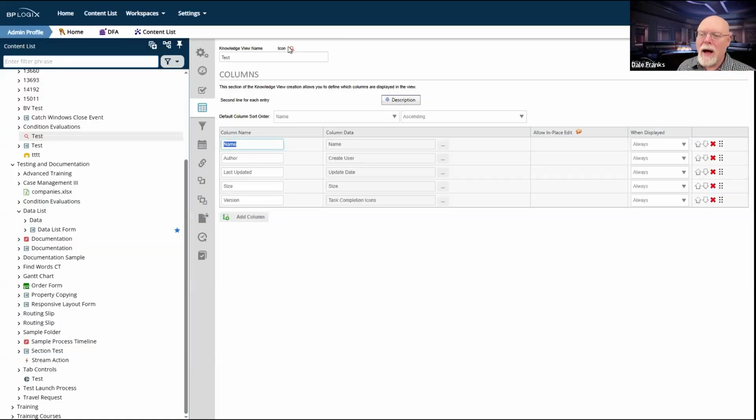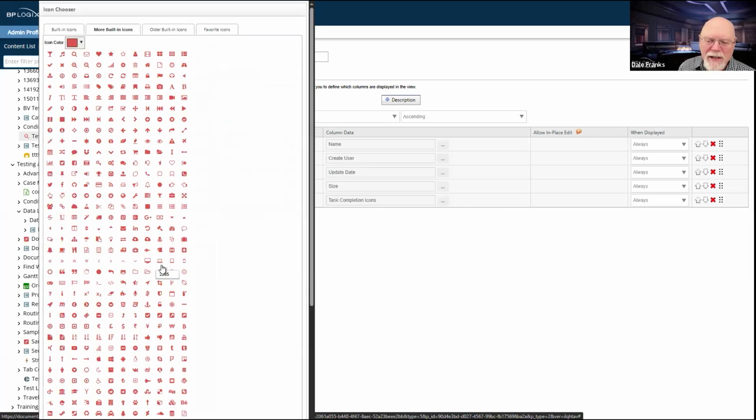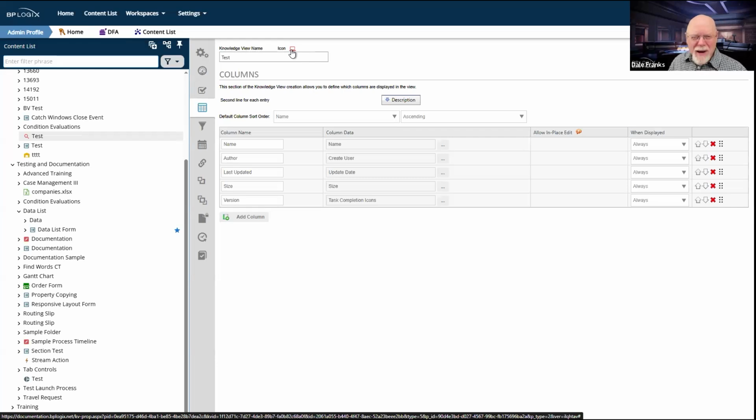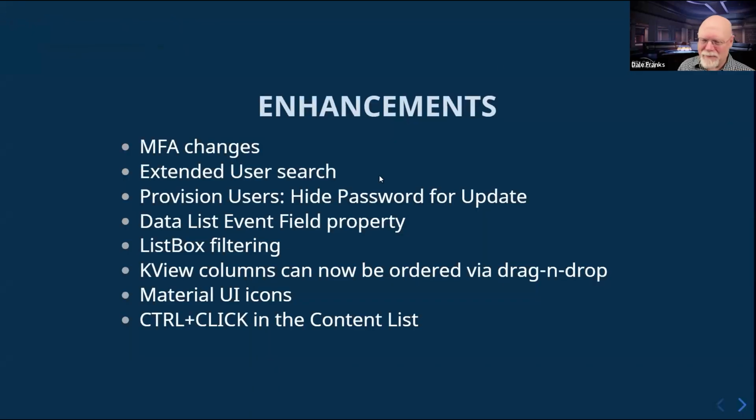It's not a big deal, except that up at the top, whenever you picked some of the icons, and I don't know exactly how to reproduce it. In fact, in this version, I can't reproduce it because this is the version where it's fixed. So why even try? At the very top, you would pick an icon, and occasionally you would not see the icon. You would see the name of the icon up here. I'm not sure why it happened. It was just one of those weird little bugs. But you're not going to see that anymore. We fixed that.